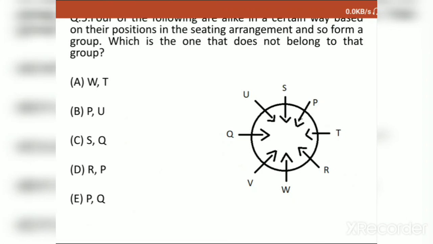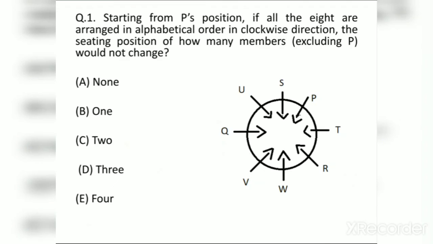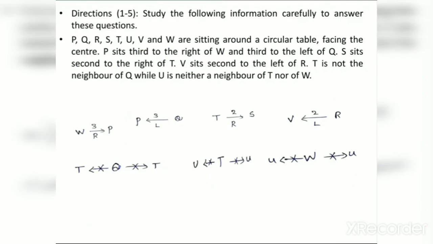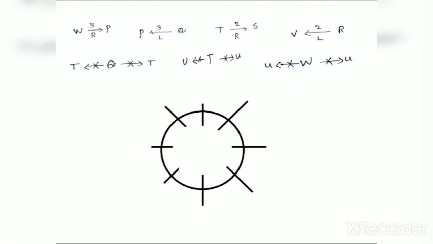Okay friends, like this you can solve the problem in a simple and easy way when you represent the entire problem in symbolic form. See, when I am solving this problem, I never turn the slide to see the question. By using this pictorial representation only, I solve the problem easily. And I did not miss any information while solving this. So this will be an easy and simple way to solve seating arrangement problems within less time.